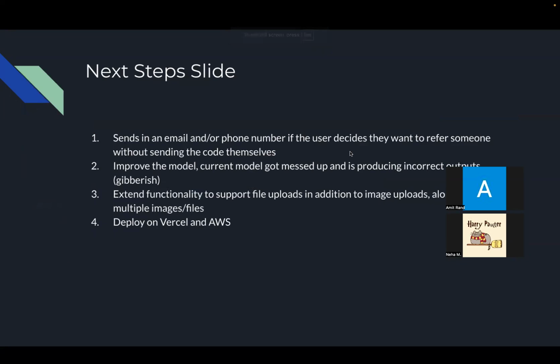So just to give some context, we didn't get around to sending out an email to users, which was an aspect we did want to implement. So that is on our to-do list for our next steps. Instead of just copy pasting a code, they would be able to actually send the code in an email to the user. On top of that, as we talked about, the model currently got messed up. It outputs gibberish, and due to finals and a mix of other stuff, we just haven't been able to run